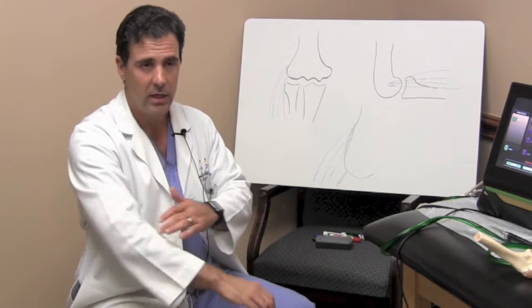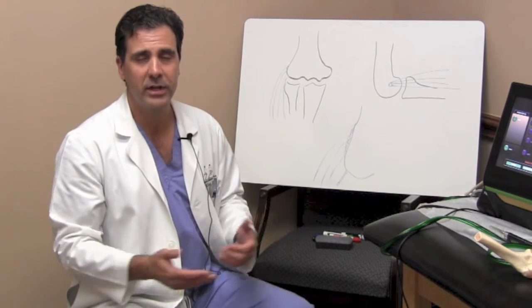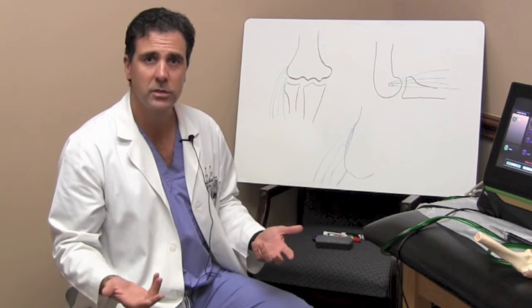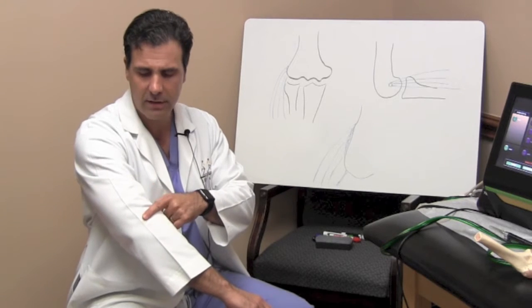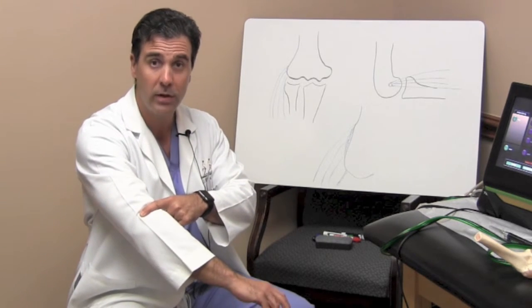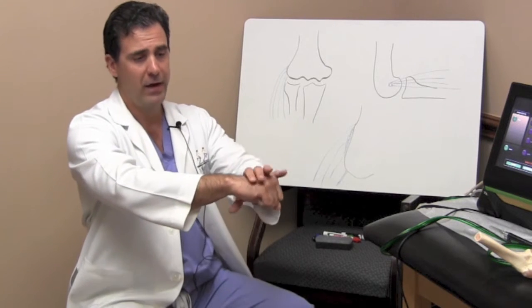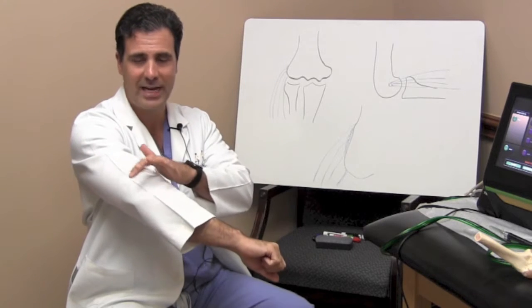insertion site here. So typically, a typical patient will present in the office complaining of maybe 2 to 3 months worth of pain localized to the outside elbow, point specific pain. Typically, if they touch this bone, it hurts. If they lift their wrist up, it hurts. If I hold their wrist and they try to lift up with resistance, it hurts, and it's isolated to this